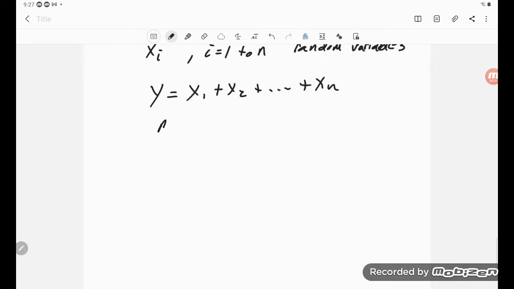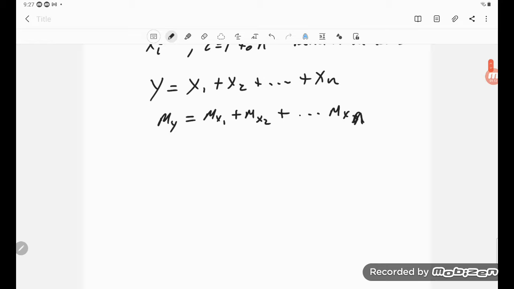And, well, the mean of y is just the mean of x1 plus the mean of x2 plus out to the mean of xn. And that really, from the properties of integrals, seems like that's kind of obvious. Now, when I say that it seems kind of obvious, well,